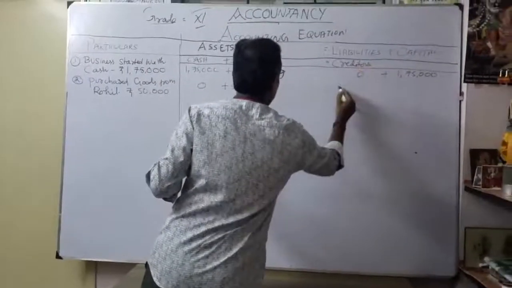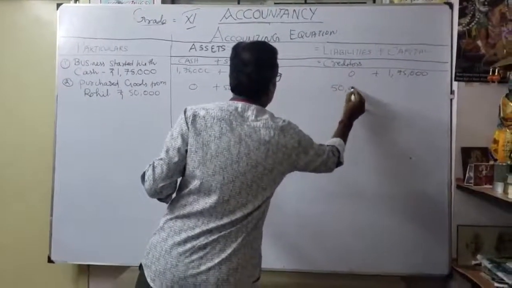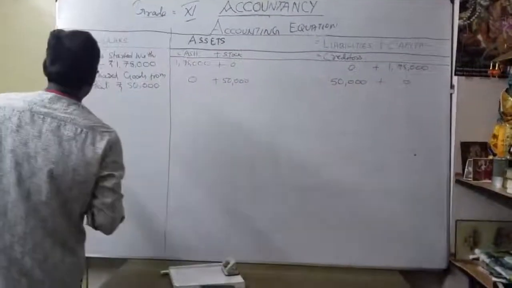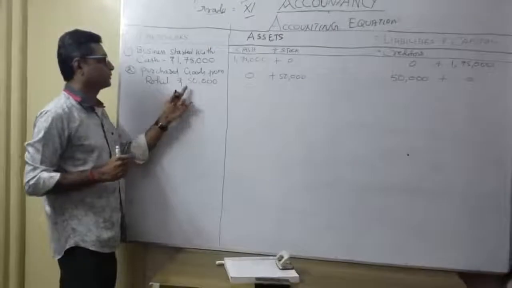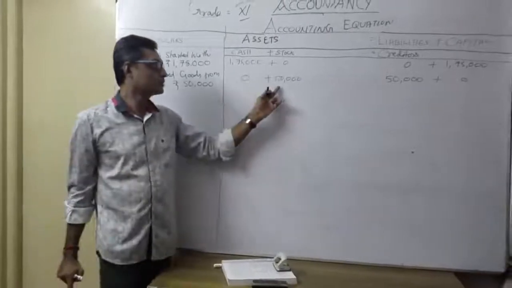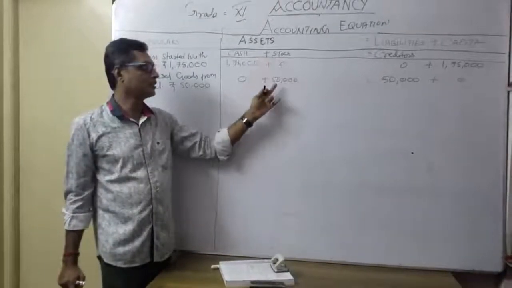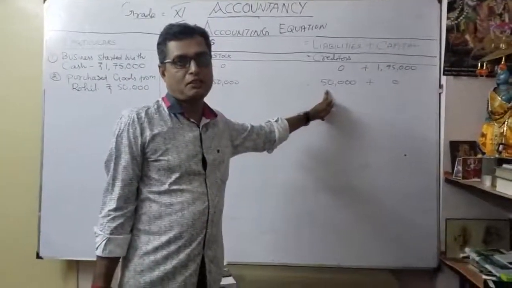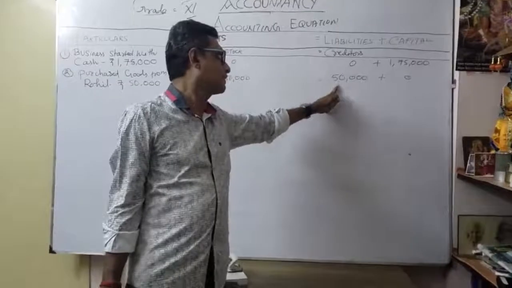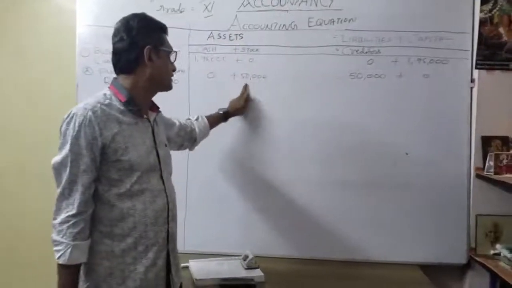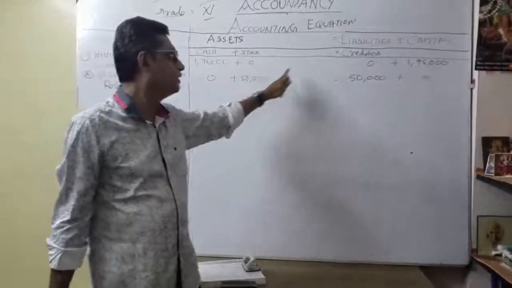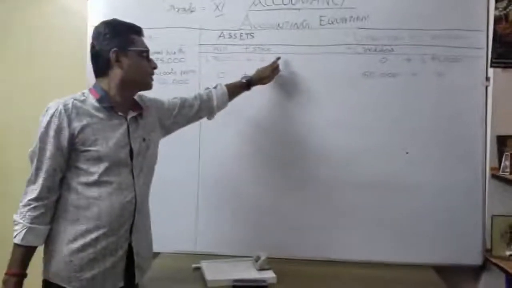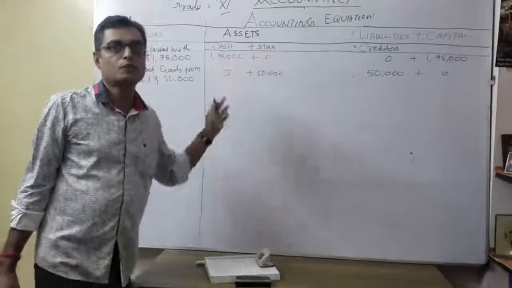Now understood how much? 50,000. So here 0. Now understood very clearly. So purchased goods from Rohit 50,000. That's why we got goods purchased, I shown as a stock here. Similarly, it is on credit purchases, not cash. That's why I shown as creditors. Now both sides we have to check. Asset side 50,000 stock equal, liability side under creditors 50,000 equal. You understood why I got down this column? So you want to follow the same method.